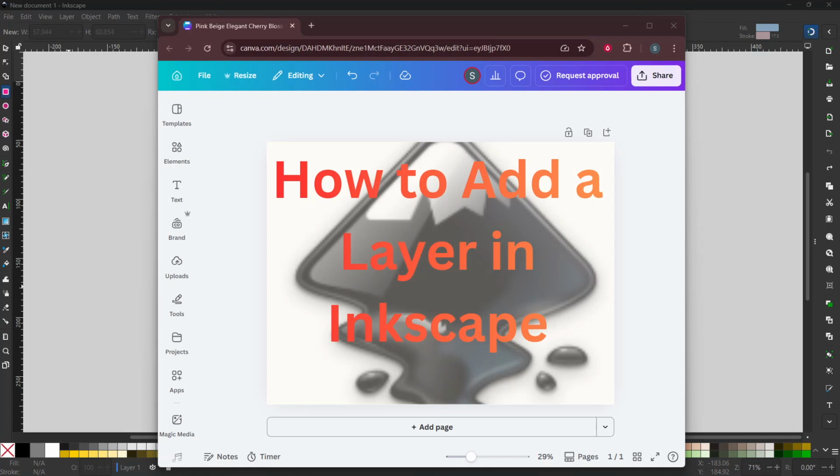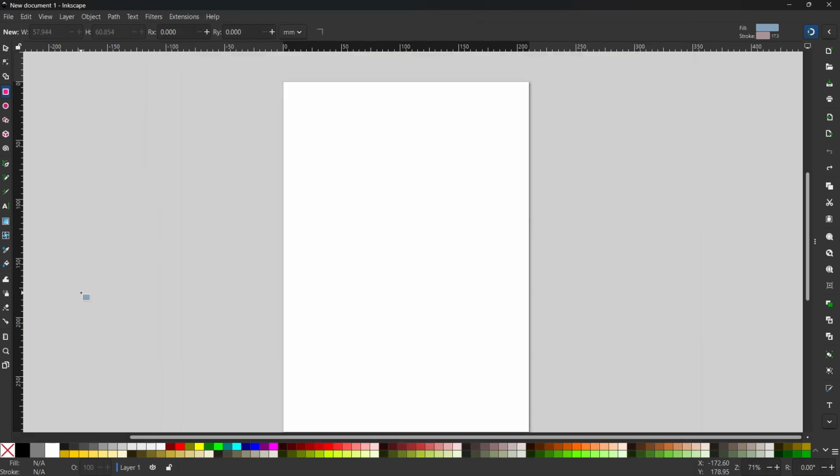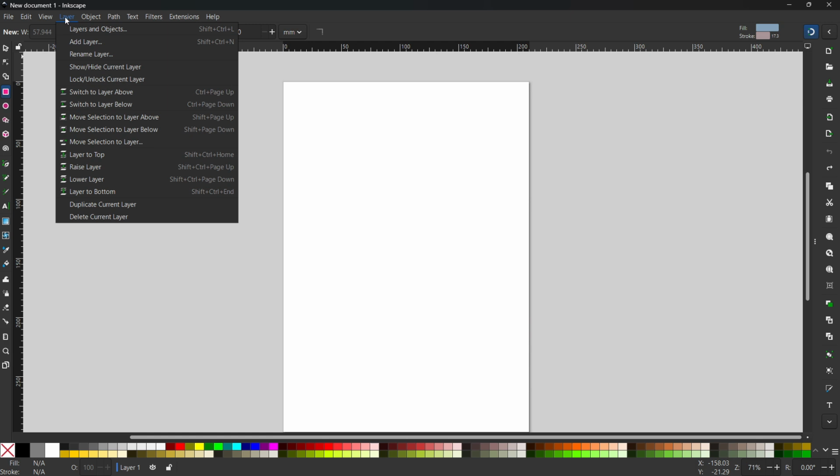In today's video, I'm going to teach you how to add a layer in Inkscape. Layers are a simple but powerful way to organize your artwork, keeping different parts of your design separate and easy to manage. Think of them like transparent sheets stacked on top of each other. You can draw on one layer without disturbing the others, which is perfect for complex illustrations, logos, or documents with